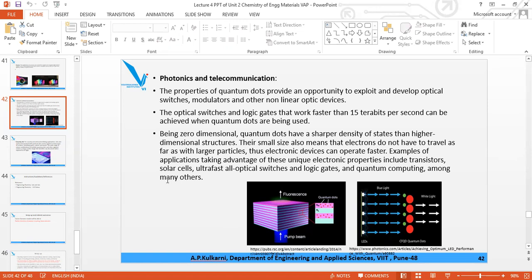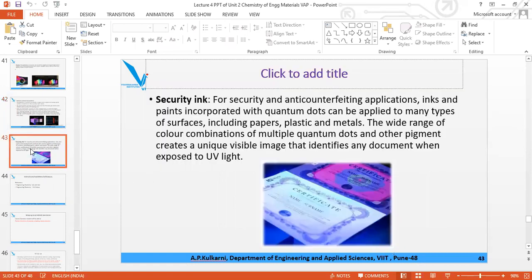So remember all the examples, because out of the following, which one is not the application of quantum dots? That may be the question. Or out of the following, which may be the exact example of the application of quantum dots. For both types of question, which is not of the type and which is of the type, you have to answer this.